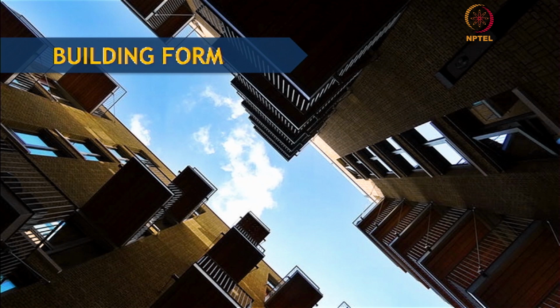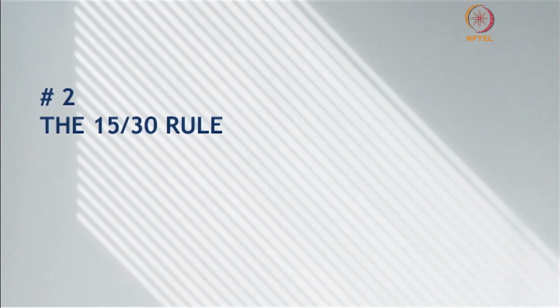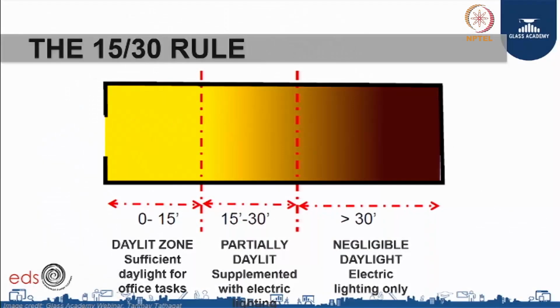In terms of building form, the most important aspect is how much floor area has access to daylight. So, the next rule is the 15-30 rule. In a typical design process, this yields a basic shape of the building, which says that for a space with a ceiling of a height, say about 3